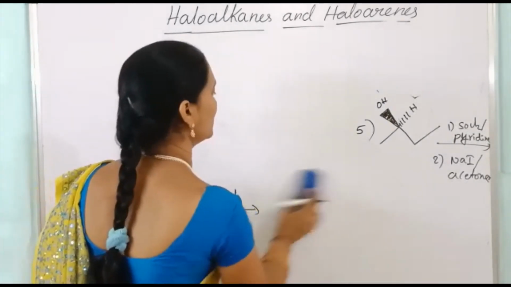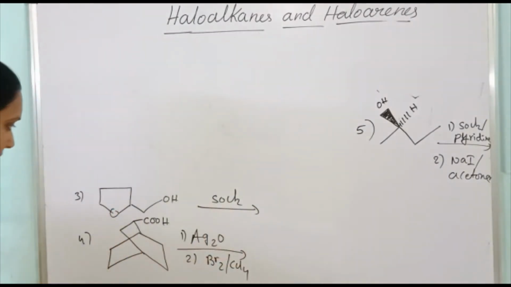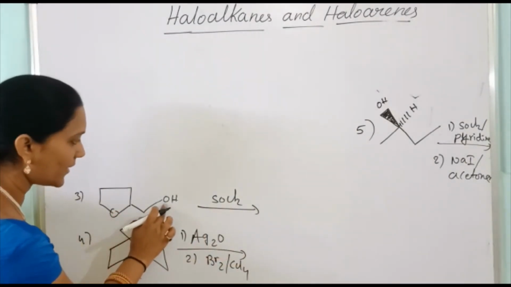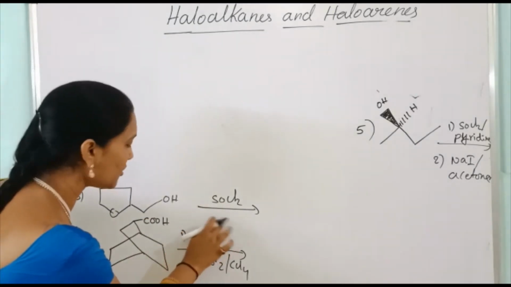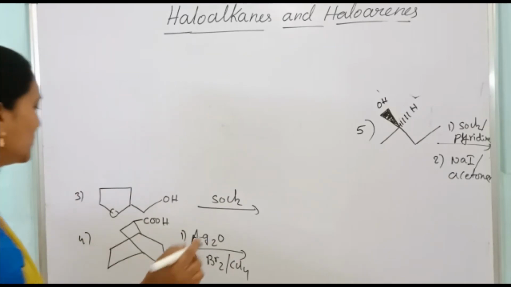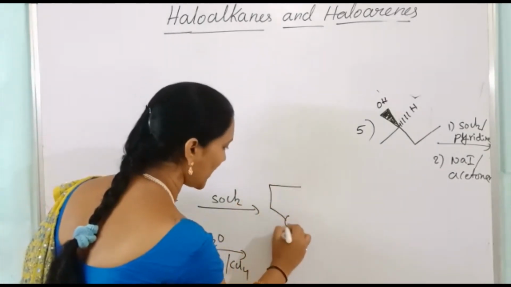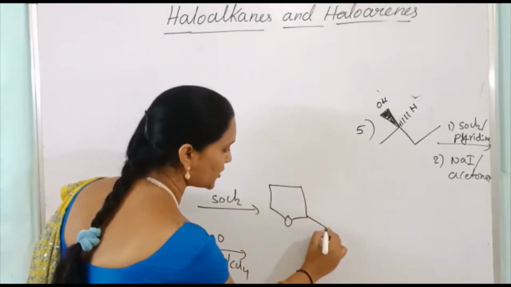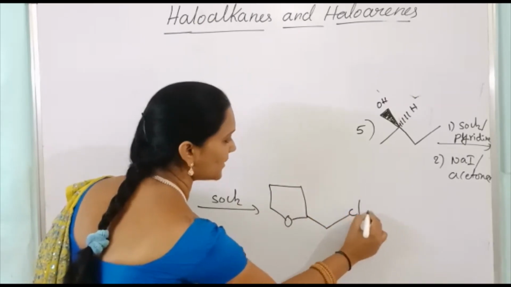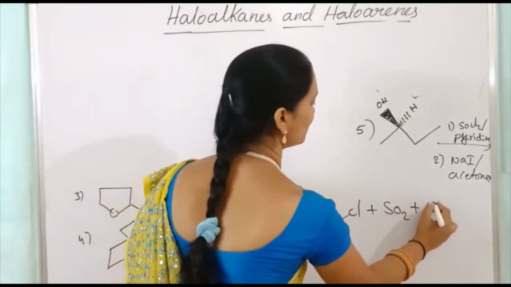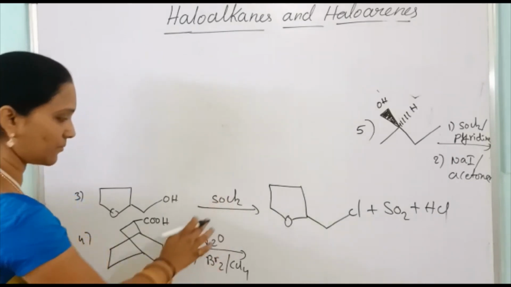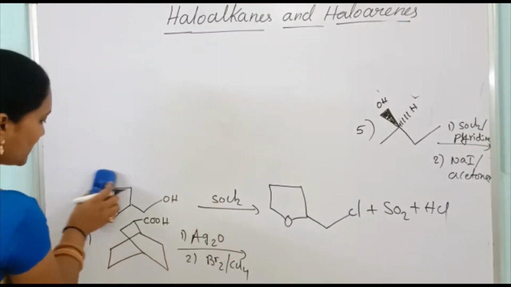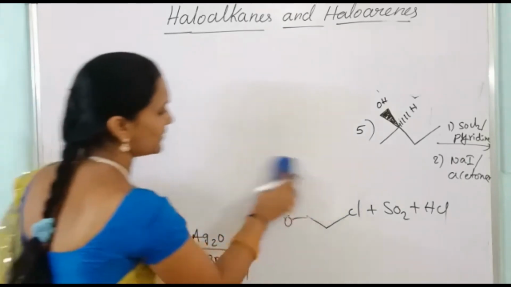So next one. This reaction is the Finkelstein reaction. Now see this one. OH with SOCl2 is the Darzens process, but pyridine is not given. Anyhow, here this is CH2 only. So in the Darzens process the CH2OH is replaced by Cl, plus SO2 plus HCl. That's it, alcohol to alkyl chloride. This is an SNi mechanism because pyridine is not mentioned, so the structure is retained.